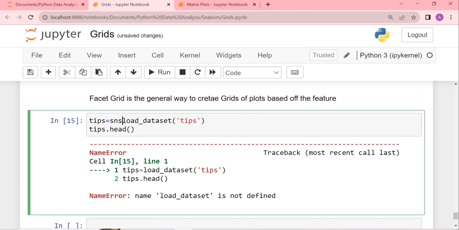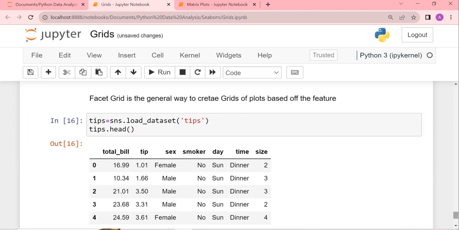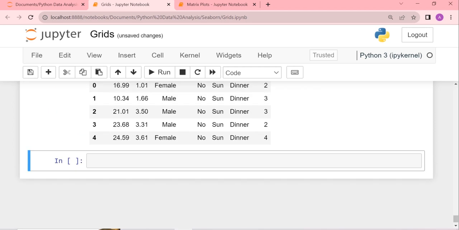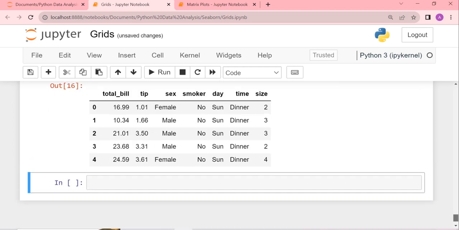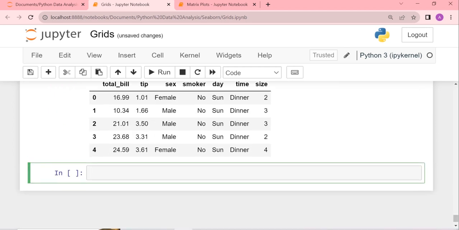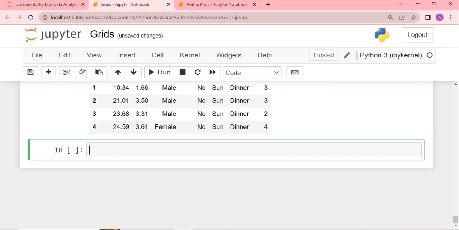This should be sns.load_dataset, and there we go. This is the tips dataset. So now we just created a data frame for the tips dataset. Now what we'll do is we'll say g equals sns.FacetGrid,